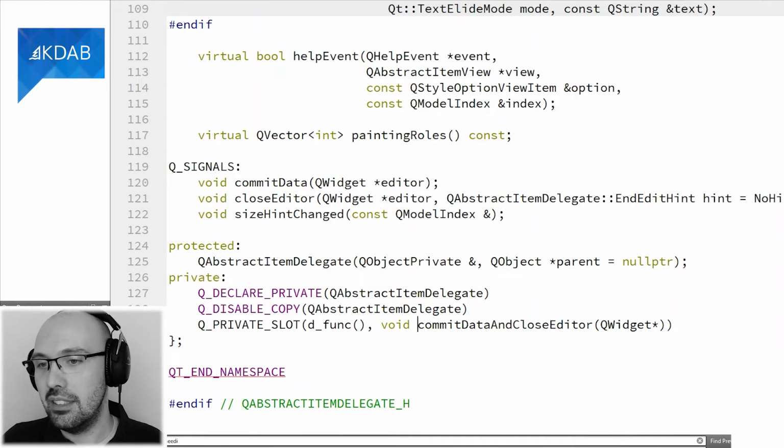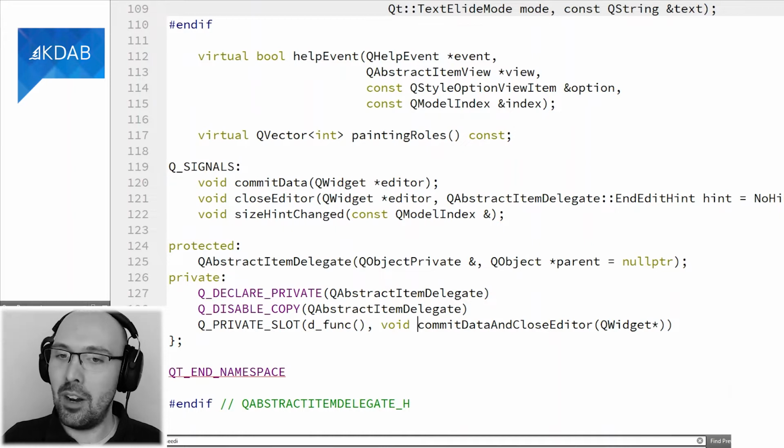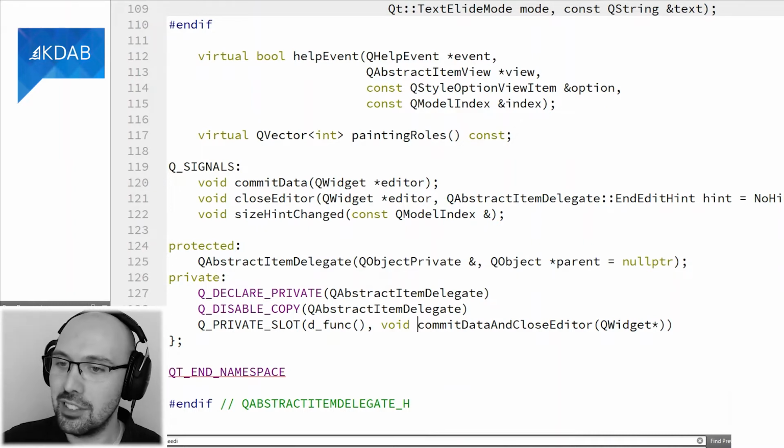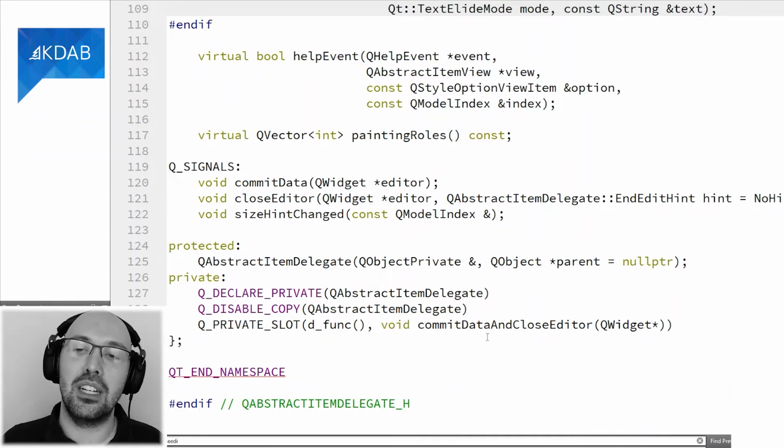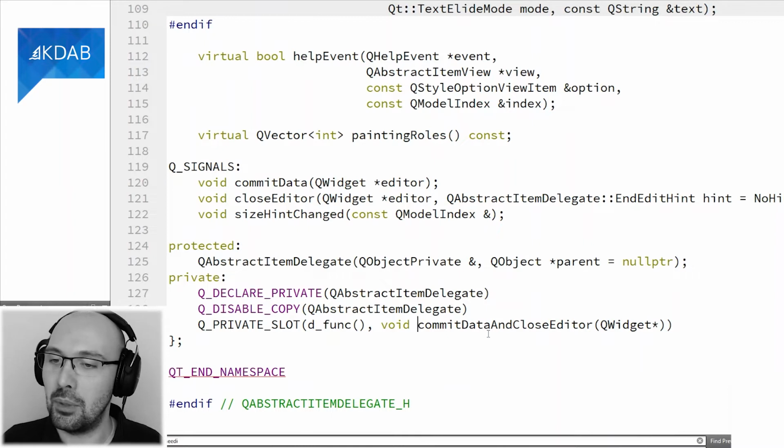Now, if I did call this one simply commitDataAndCloseEditor, suppose that I did something like that. And now suppose that you're developing your application, you start typing connect something to this object, and now Qt Creator is very kind and offers you, okay, what do you want to connect to? And here are all the slots that this object has. Now, if it offered you something called commitDataAndCloseEditor, you may think, yeah, okay, I know that's what I want to do. I want to commit data and close the editor, and so you could be tempted to connect to it, even though this is not a slot you're meant to connect to.